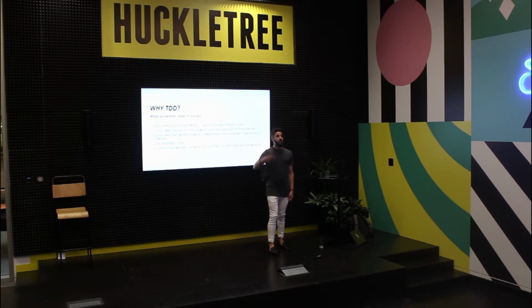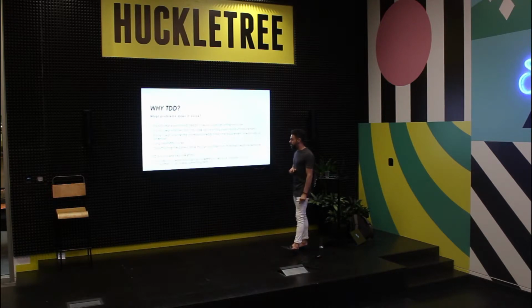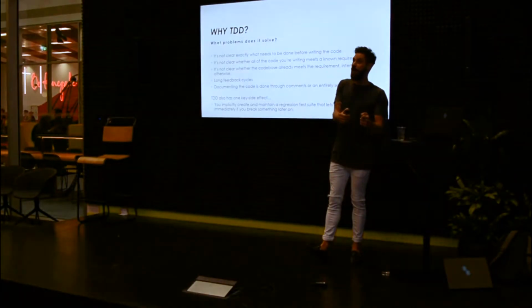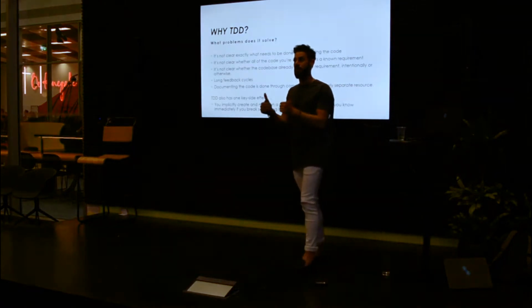Test-driven development documents your code. It documents what it does because those tests run every time you make a change. So the key side effect is that by going through a TDD process, you implicitly create and maintain a regression suite. So every time you make a change, you know that you haven't broken anything, and you know that when you start, your code base doesn't already do that by accident or otherwise. And when you finish, it does do it, and it does it properly.